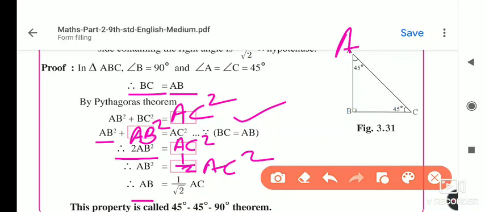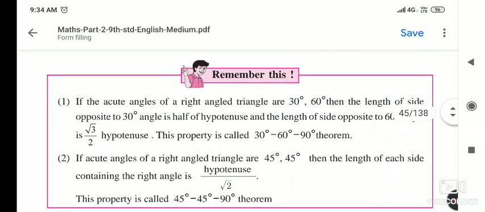We replace BC square with AB square. So I have changed BC square with AB square, and after doing the mathematical operations, we will get the required root. Understand all of you? Yesterday you had seen this, but today also you have to complete the activity which is given in the textbook. The remaining part of the theorem lesson we will take in our next lecture.